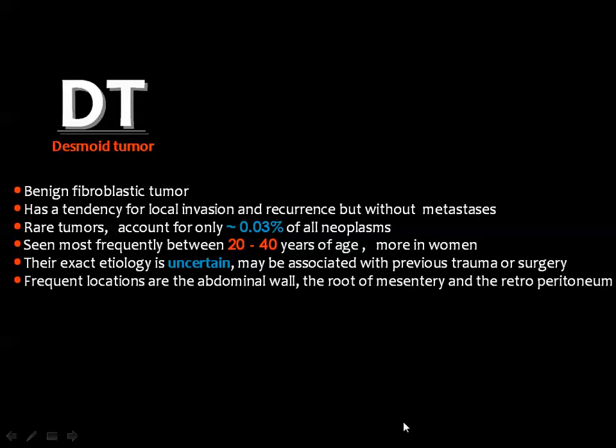Then desmoid tumor is also a benign lesion, which is characteristically seen in the anterior abdominal wall, and the exact etiology of this tumor is not fully understood, and this lesion is considered rare, frequently seen in the age group between 20 and 40 years of age, more common in women, frequently located in the anterior abdominal wall, can be seen in the mesentery